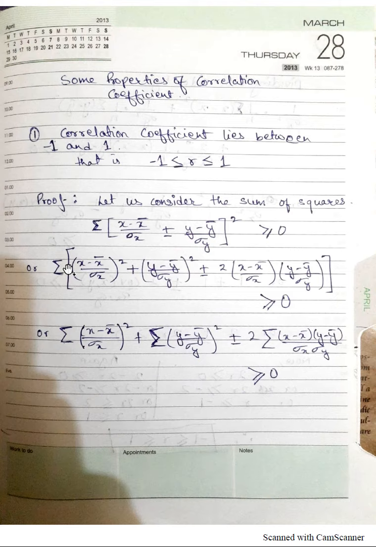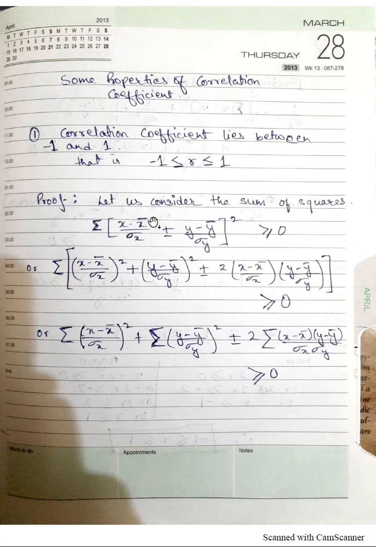Oh, so I hope it is clear to you. I repeat it again: the sum of squares of any value or any variable is always greater than or equal to 0. So now the second step, what we will do is we will just expand this whole square sign. Let's take this as a, let's take this as b. So a plus b whole square and a minus b whole square is what we have to find here.